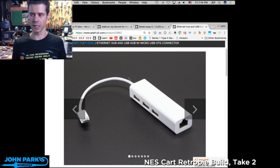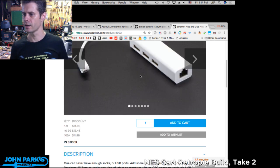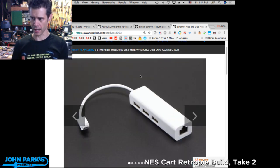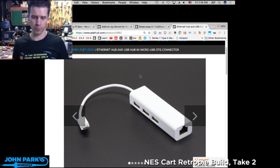So you wouldn't necessarily need a keyboard and mouse on it if you don't want. But if you're using a different computer to talk to it, this is pretty great to be able to just plug it into Ethernet. So these are $15. This is absolutely not a necessity for this project because you're gonna make an SD card with all of the things you need on it already. You'll be up and running without ever touching a keyboard with the Pi Zero if you make a RetroPie for it,